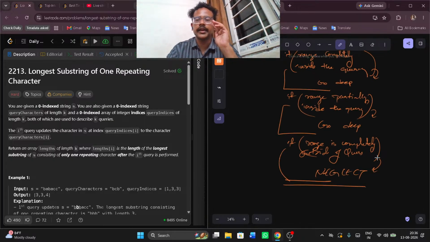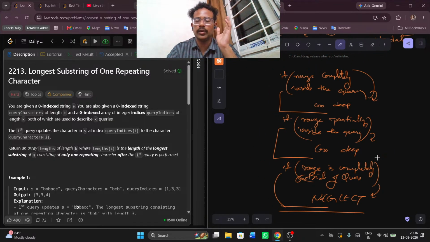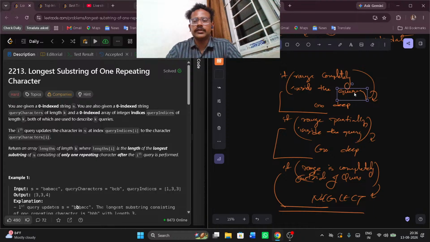If the range is completely inside the query, we'll just go deep even for the partial ones, right? Let me tell you one thing. If the query is completely inside the range, that's it. I just mixed up these words. If the query is completely inside the range,